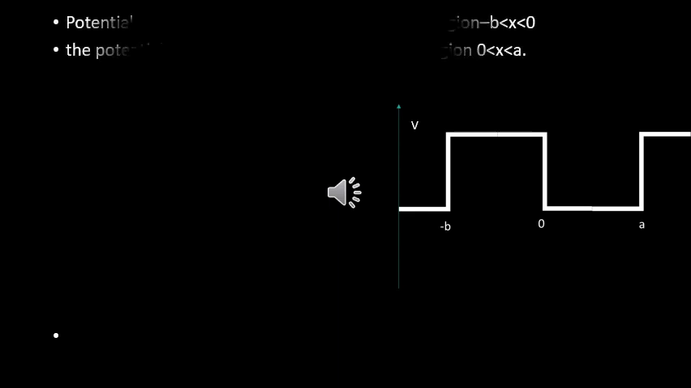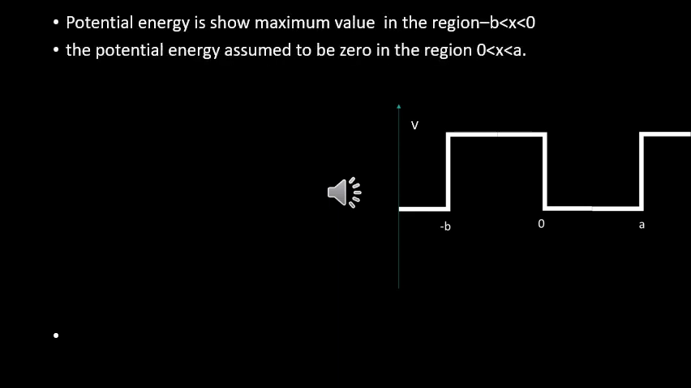That is, the potential energy shows its maximum value in region 2. The potential energy is assumed to be 0 in region 1. Region 2 can be represented as -b less than x less than 0. Region 1 can be represented as 0 less than x less than a. The Schrödinger wave equations for the two regions are